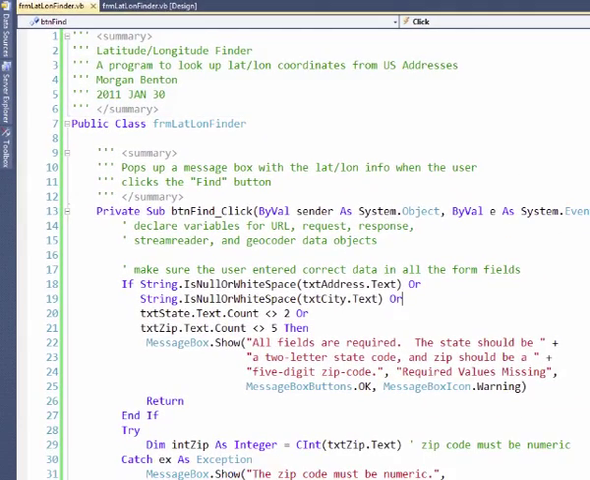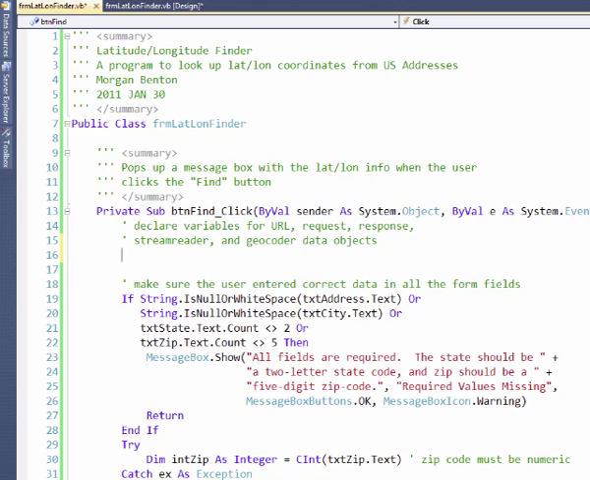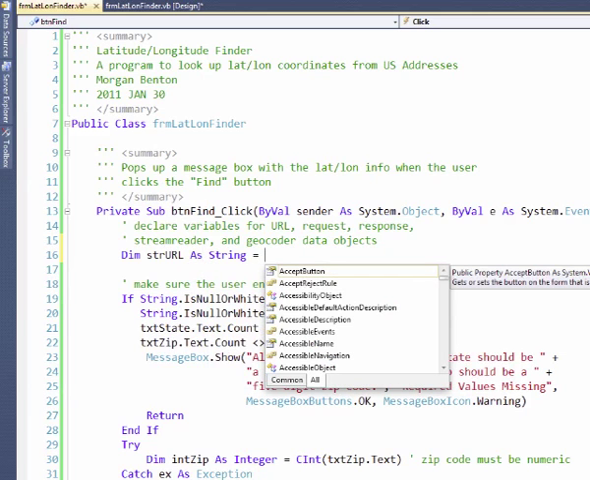Here you can see at the top of my program I've got my documentation, which gives me a summary, and then I've got the method btnFind_Click, which pops up the message box with the latitude and longitude when the user clicks the Find button. So let's start by declaring variables for URL, request, response, stream reader, and geocoder data objects. The first one is the URL that we're going to use, and this is just a string. It's just text. So I'll have Dim strURL As String, and we'll say that that's going to be equal to